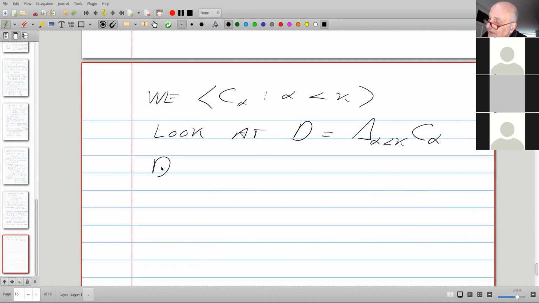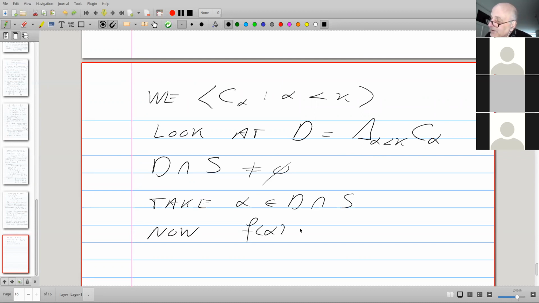Well, D intersect S is non-empty. Because S was stationary, it intersects every closed unbounded set. In particular, this diagonal intersection. Take an alpha. Now, F alpha is less than alpha.